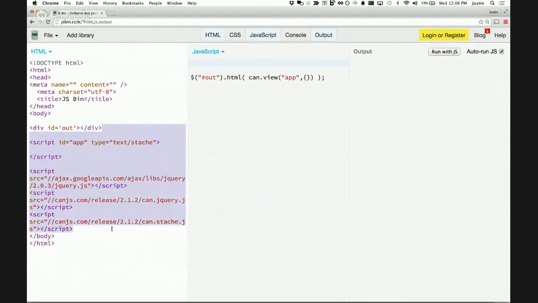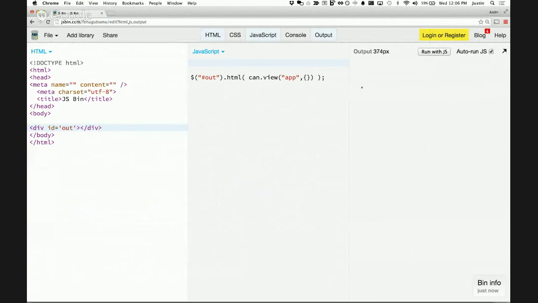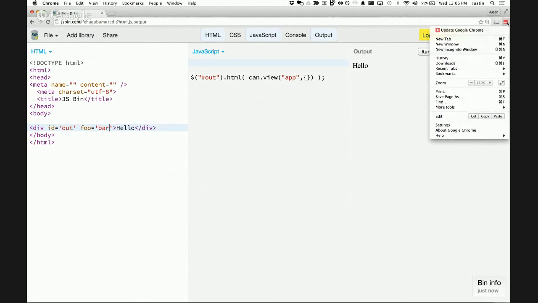I'm just going to remove everything else. And I'm going to say hello. I'm going to add an ID attribute with a value, and I'm going to add a foo attribute with a bar value. Now if we look at that element,